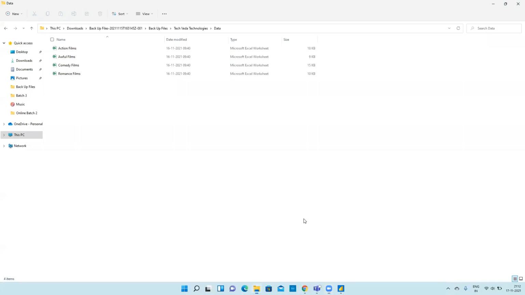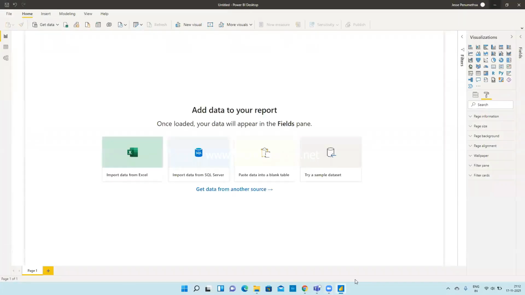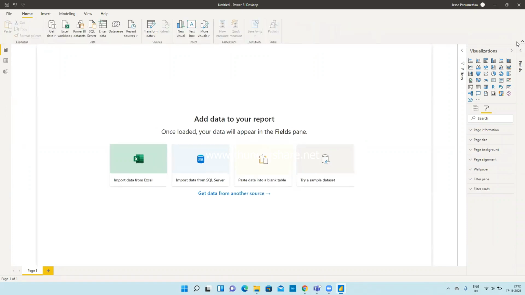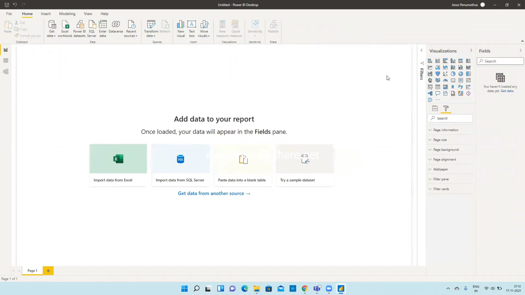So bookmarks is nothing but, earlier we never used to have page navigation. Right now you can see page navigation. If I click on one button, I'm able to navigate to another page. That was one interesting fact, and a very useful tool. But earlier we never had page navigation. We used to do that with the help of bookmarks.